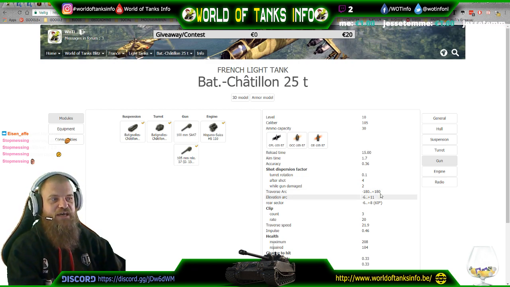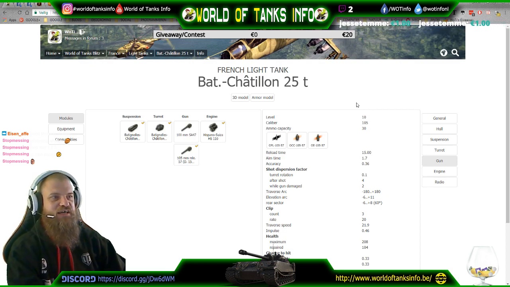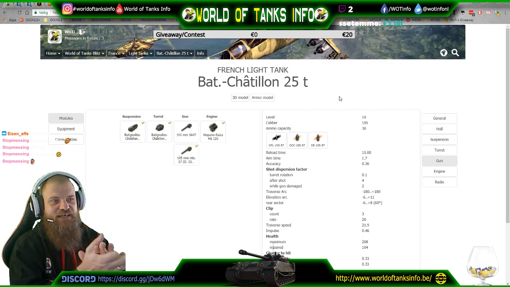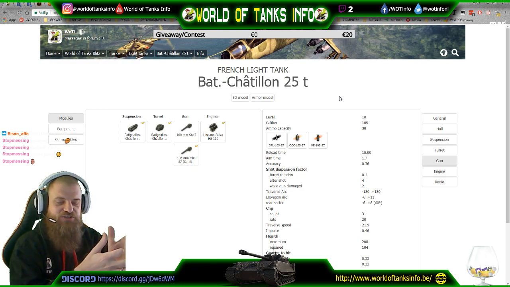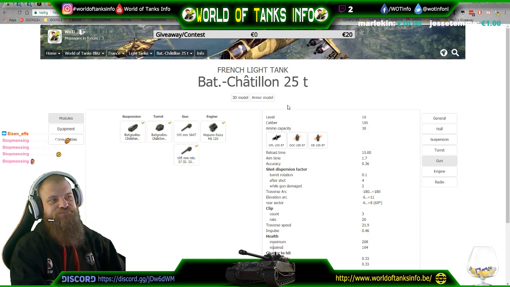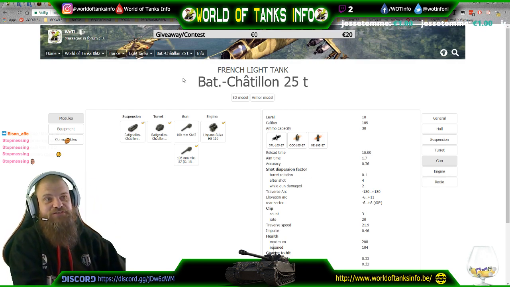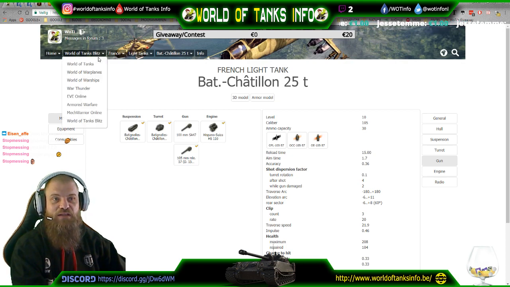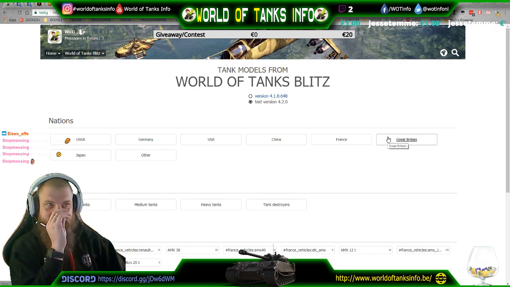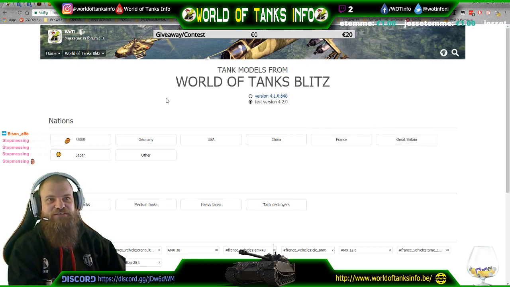So we only have one French light vehicle that has a restriction on its turret rotation, and that's the Tier 5 AMX ELC that only rotates 35 degrees to the left and 35 degrees to the right. So these were all 10 new light French vehicles we will encounter in update 4.2. Again, all this info you can find on